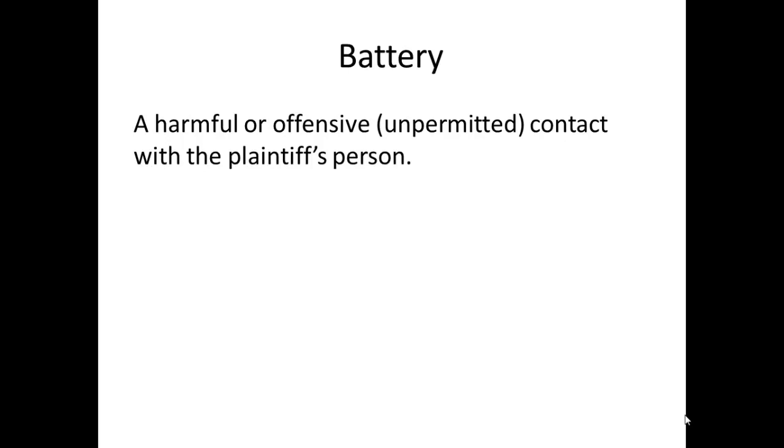Let's move on to assault. Assault is a reasonable apprehension of an immediate battery. Right? You point a gun at somebody and you tell that person, I'm going to blow your head off. Do we have an assault? Well, let's see. From the other party's perspective, do we have a reasonable apprehension of an immediate battery? Well, the battery would have been the bullet flying out of the gun and into the other party's chest.